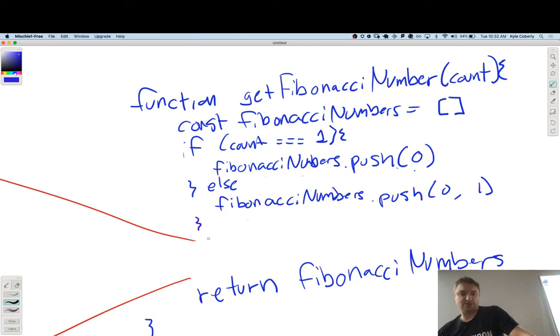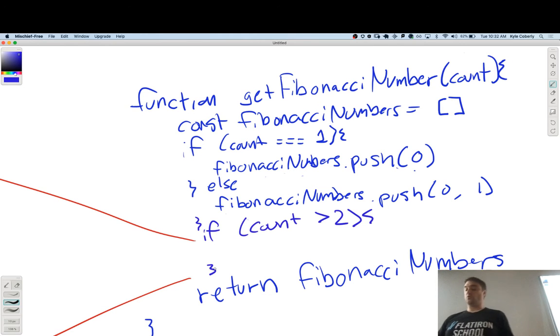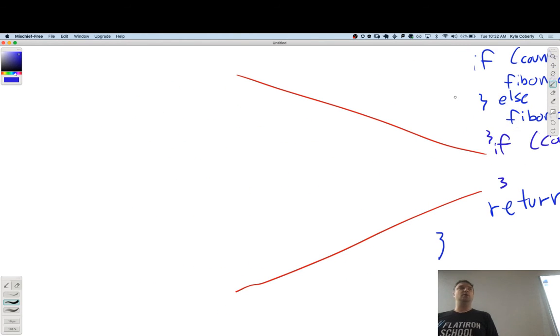So I'm going to give a condition here, or if count is more than 2, then do whatever I'm about to describe in here. Okay, so I know that the count is more than 2, so I have these two things there.